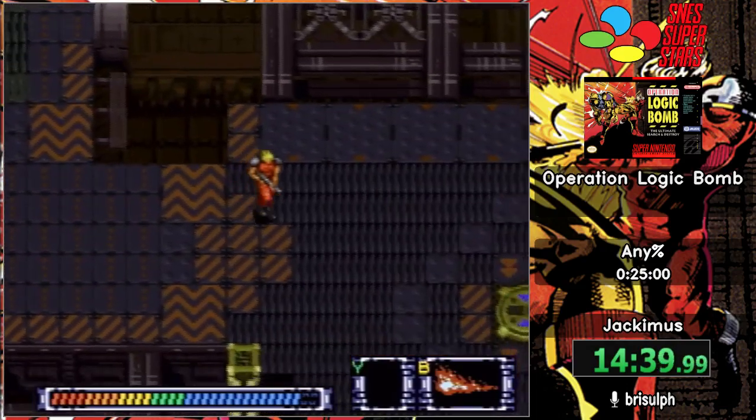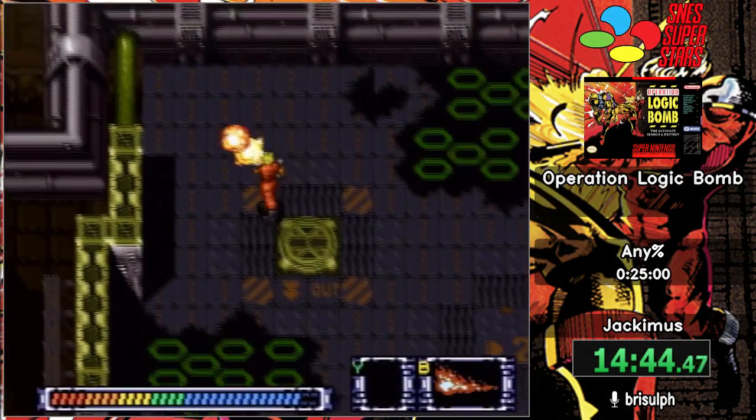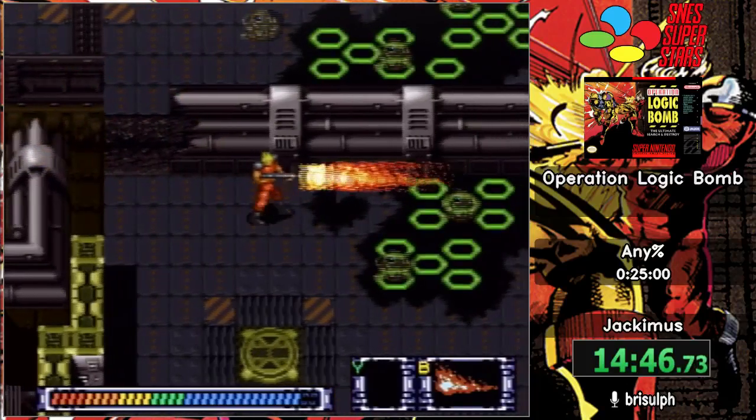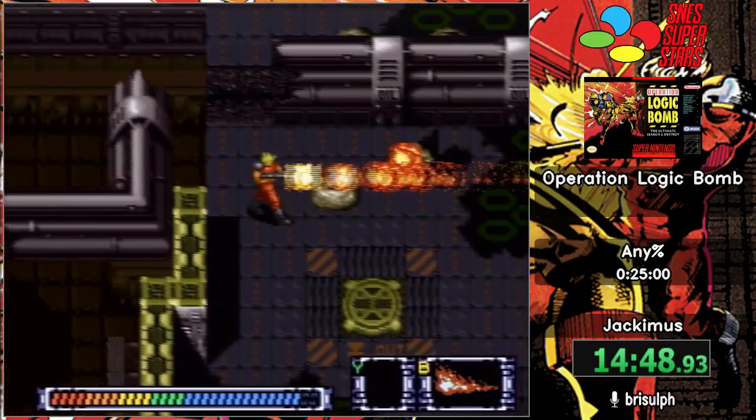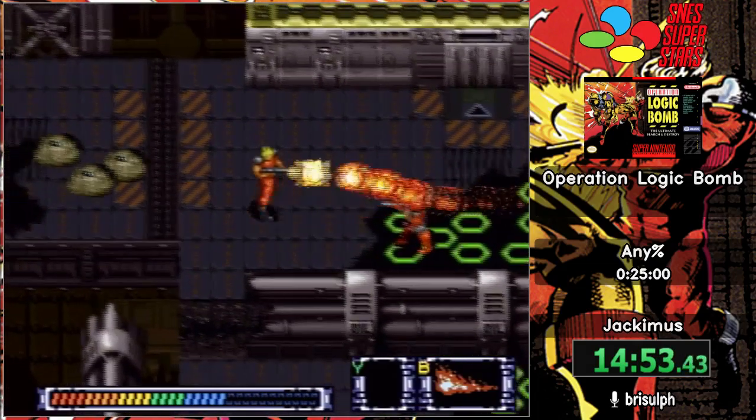So it doesn't really look like it the way I know my way through the game, but at this point there's a lot of different multiple pathways that open up. I'm taking the quote-unquote correct route where you get the items that you need to proceed as quickly as possible here. So we're going to pick up a...